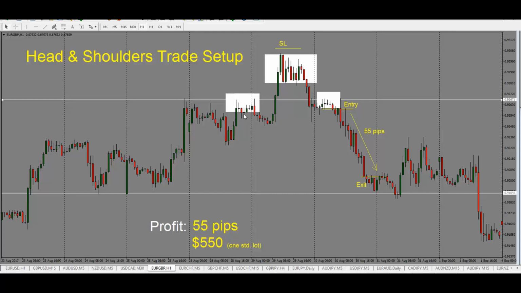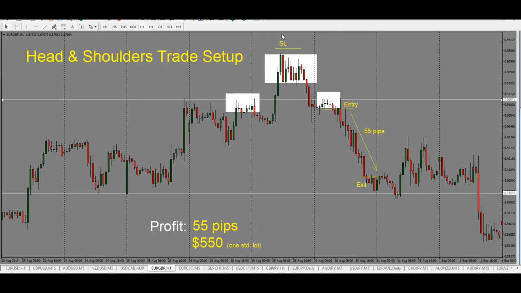We have head in the middle and a left shoulder where price reacts before it pushes to the next level, and we have a right shoulder where price reacts again at the same level. Once we see price hold below the right shoulder here at the support and resistance level, we enter the trade